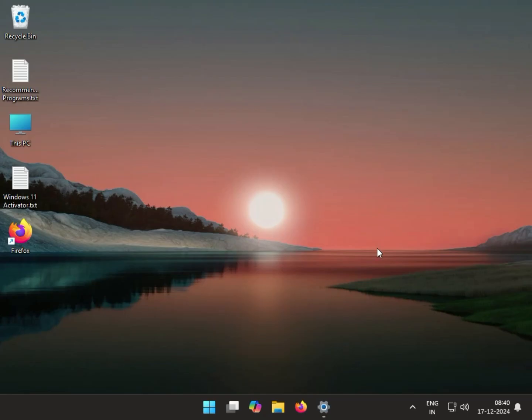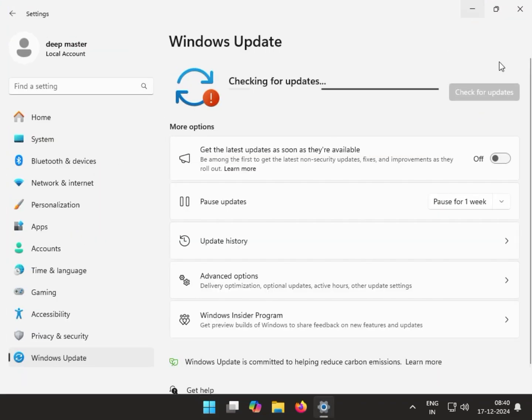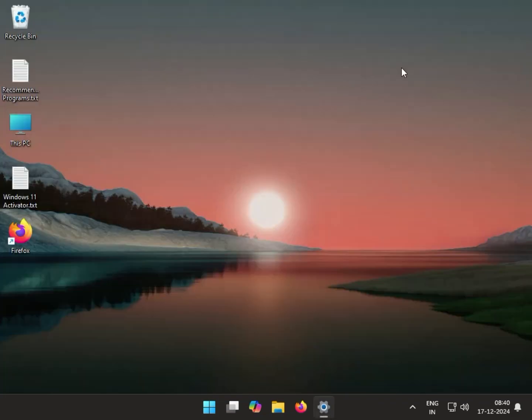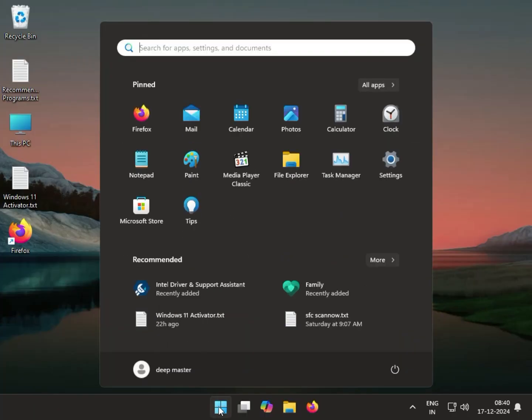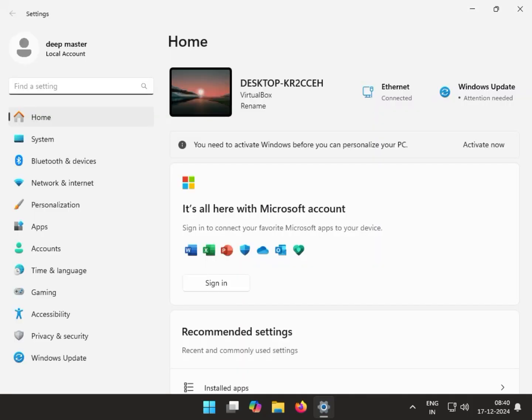run Store app troubleshooter. Okay, so click start and again click Settings. This one, close it. Click start, go to Settings. Then click